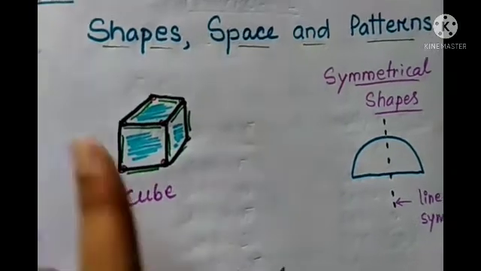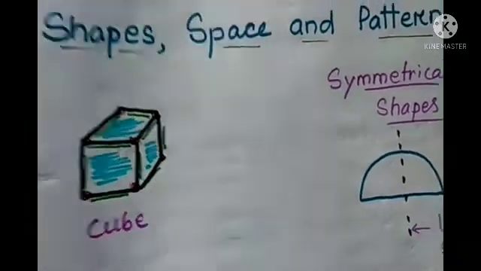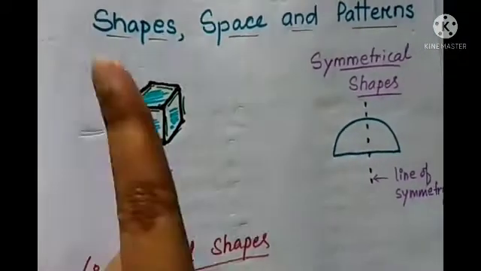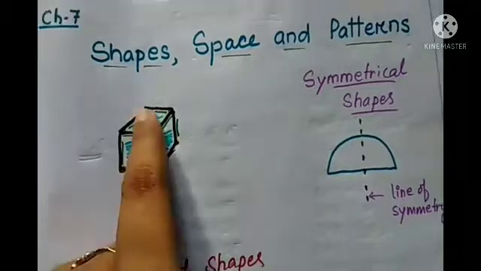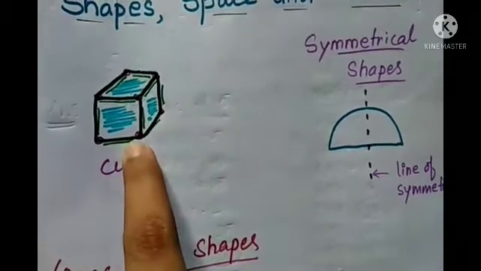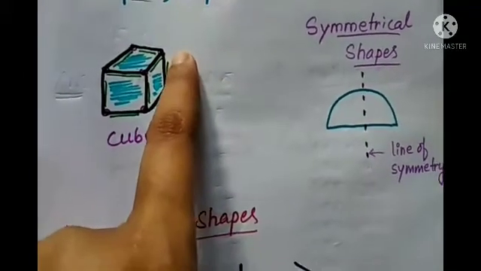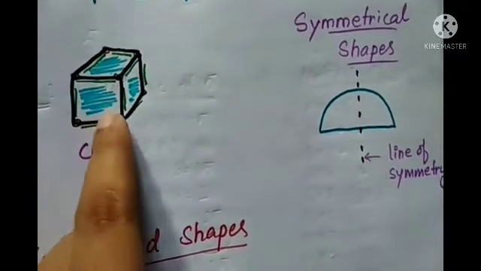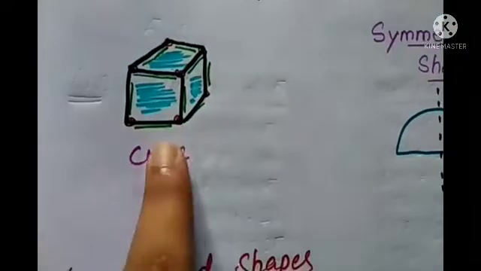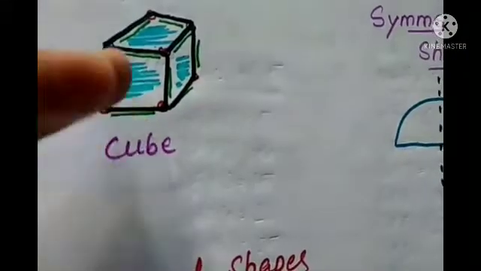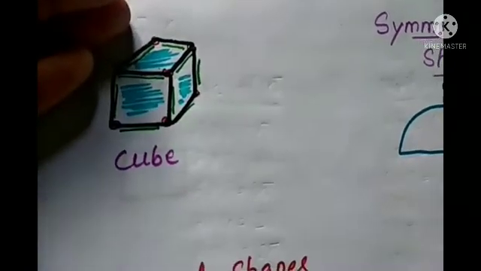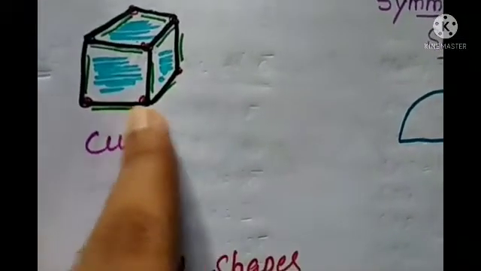So now if you see here, this is a cube. So in your book, page number 109, this type of box is given, and there it is said to put the red dot on the corners. Then it is said to mark the edges in green. So you can see this green color, so these are the edges, and shade the faces in blue. So you see here all the faces I have just shaded. From this figure, it is visible from one side, like here we are not able to see this part, the back of it, and also the bottom of this figure.